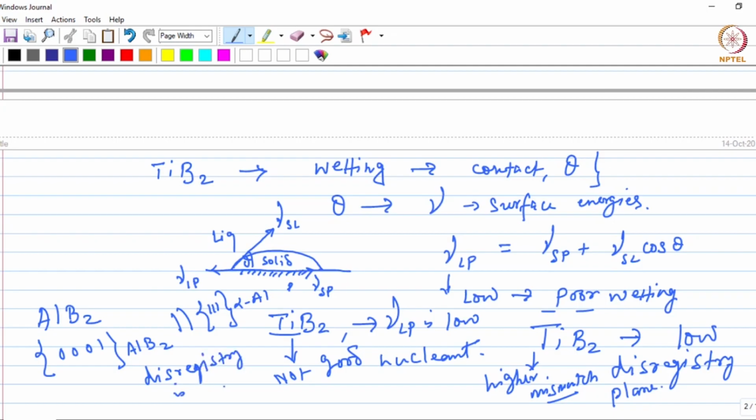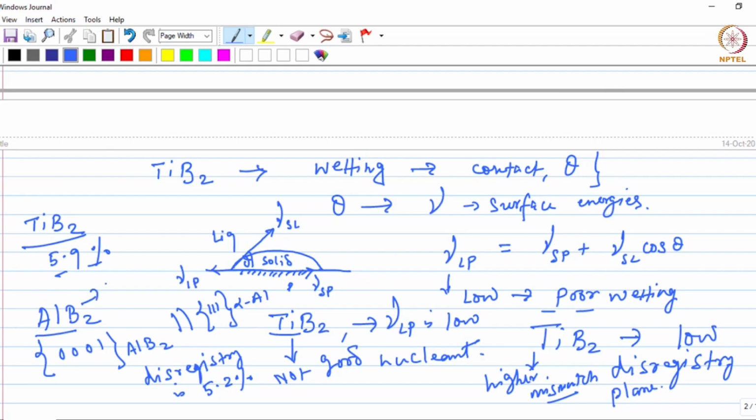This is around 5.2% for aluminium boride particles. But for TiB2, if you see the disregistry, then it is more than aluminium boride, standing at 5.9%. Okay. But aluminium boride, on the other hand,